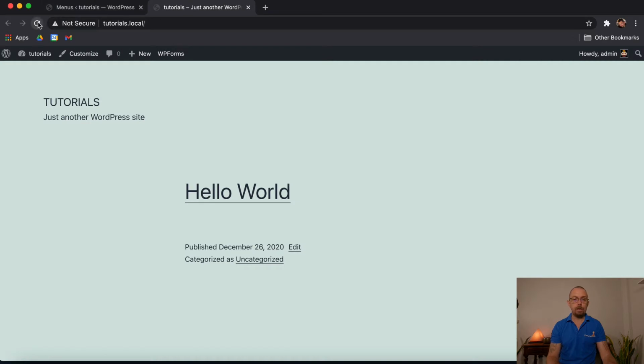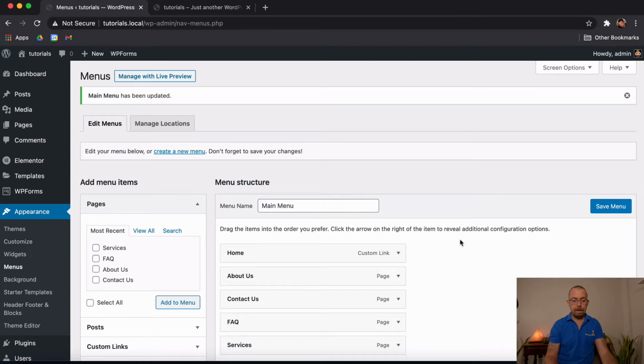When I come back to my website and choose refresh, you'll now notice I see these menus in the top right. Now, you might not see them in the top right. It depends on your theme and where the placement of navigation has been added, but they should be displayed somewhere on your website. We're going to talk about that a lot later on when we're creating our own WordPress websites and where and how we actually put them. People are used to, when scrolling through websites, having navigation at the top of the website. So we'll talk more about that later. And we're just coming back to the main admin.